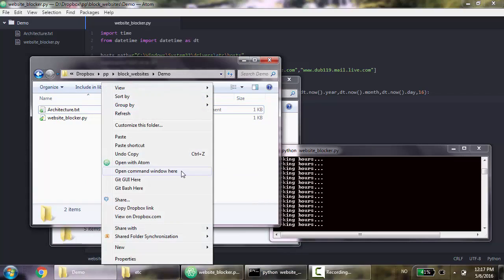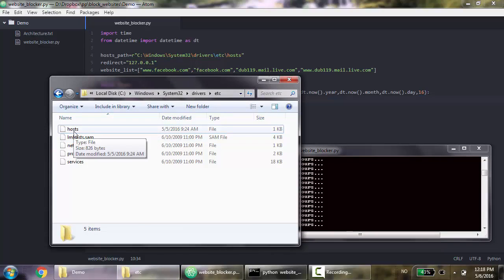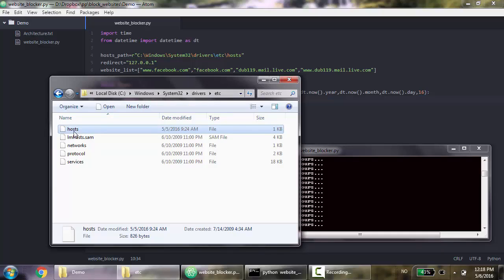But that will not run the command line as an administrator. So with this simple console, I cannot access this hosts file. In other words, you need to run your Python program with a command line or terminal where you have administrative rights. And for the sake of building the program, it's wiser to just copy this hosts file